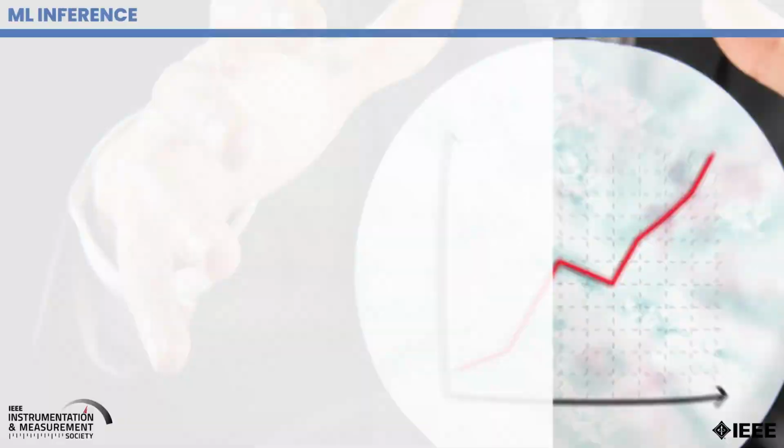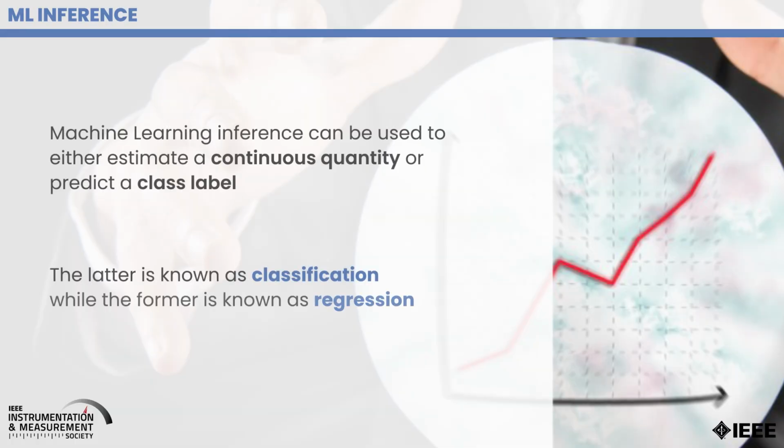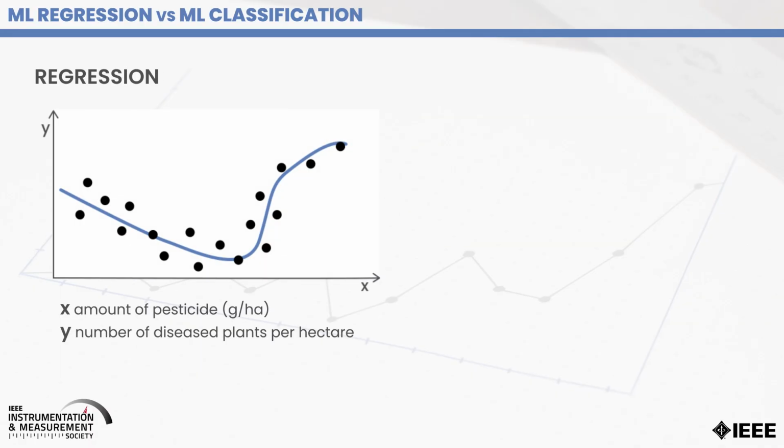Okay, so now we know how machine learning is used in measurement and how it produces uncertainty. Now, how can we quantify that uncertainty? Before we can answer that question, we have to look at measurement scales, because machine learning is in two categories. One is machine learning classification, and the other one is machine learning regression. And each of them operates in a different measurement scale. So let's take a look at these classification and regression first. Here is an example of a regression. Here the x-axis is the amount of pesticide and the y-axis is the number of disease plants per hectare.